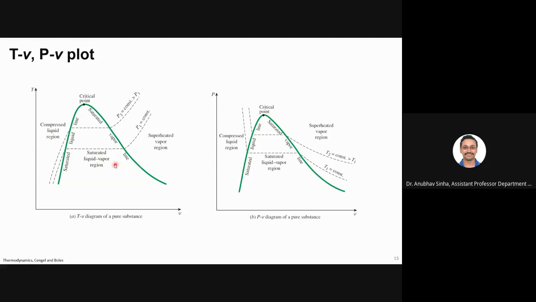Now, the difference is that if you keep your pressure constant and you keep on adding heat, the temperature increases. Temperature and volume both are increasing, right? If you look at this, we draw it for you. So if you keep the pressure constant and you keep on adding heat, the temperature will go up. Whereas for the same case, if you keep the temperature constant and keep on adding heat, then you need to reduce the pressure. Pressure will go down and volume will increase.